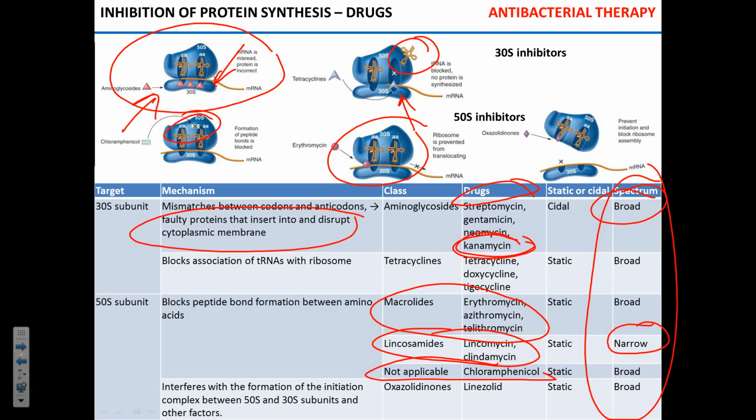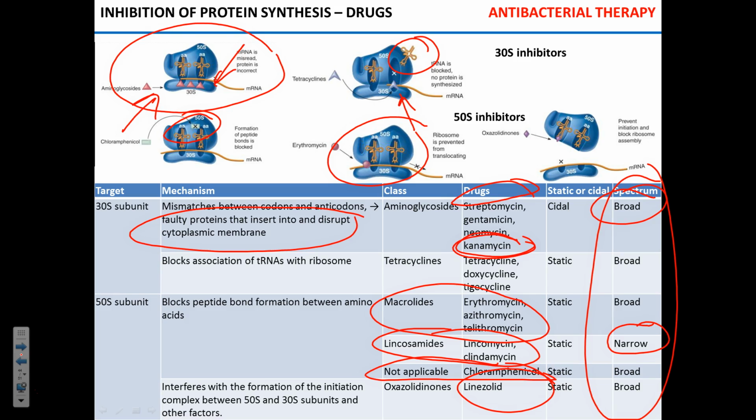Does that make sense? So you can see that these antimicrobials all block either the initiation step that already started or the elongation step. The quite unique drug called linezolid,